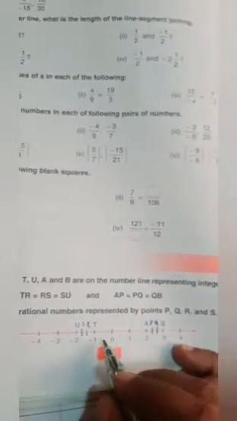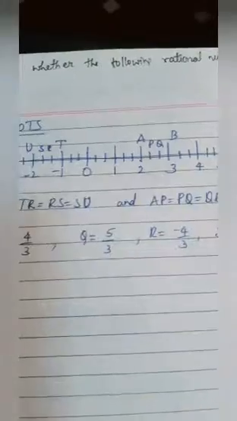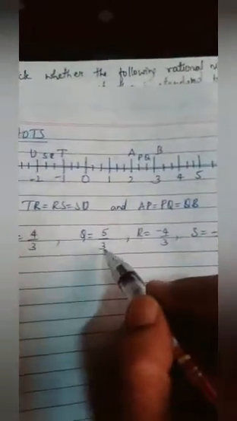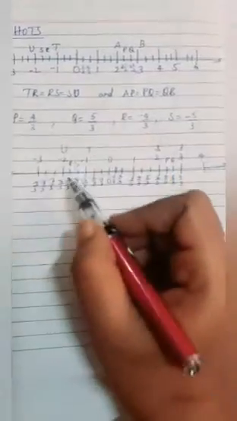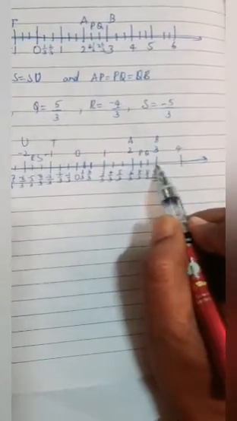That's why, while writing the rational numbers, we should have 3 in the denominator to represent any rational number on this number line. Children, the question is, locate and write the rational numbers represented by P, Q, R, S. Now we know that in the denominator we should have 3, but what about the numerator? If I take the point P here, between 2 and 3 we have P and Q, and we know that there are totally 3 divisions between the integers.